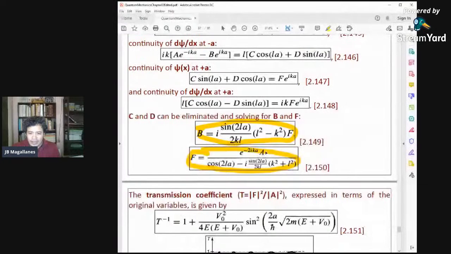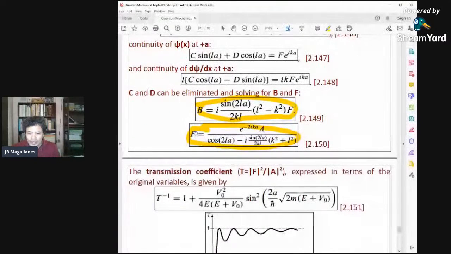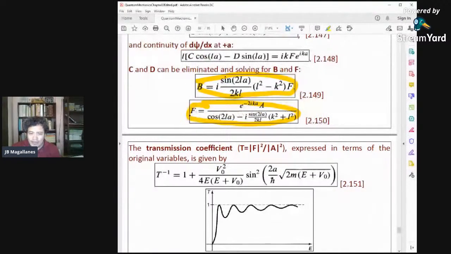You can square this, you can square that, and then you can also get the complex conjugate of this and then square. So your F over A squared will just be equal to F conjugate times F, and the denominator is also A conjugate times A. But anyway, they will just be F squared over A squared. So you'll be getting